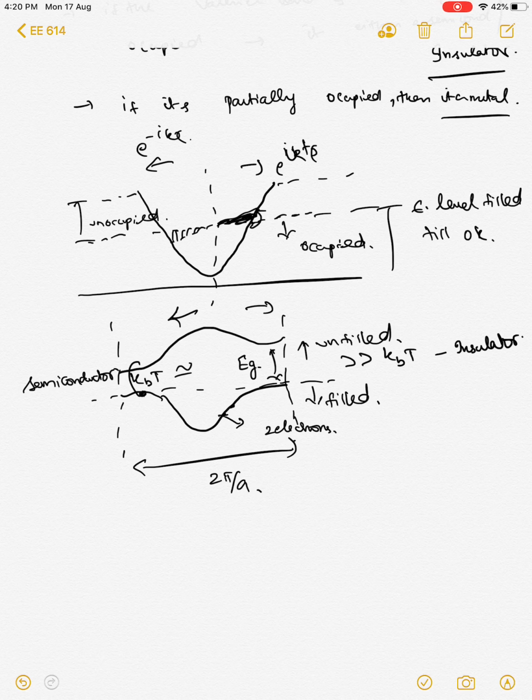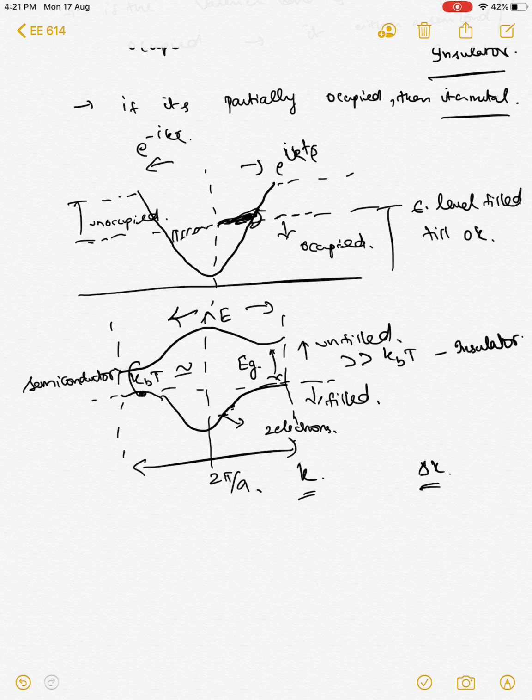Though we have drawn this continuously, this we will deal with in the next class, that this line is not actually continuous. Remember, this is K versus E. This K is not continuous. There is a small resolution del K, which is not infinitesimally small, which has a particular resolution. So each del K will determine how many electrons can stay there, which is called the density of states, which we will deal with in the next class.